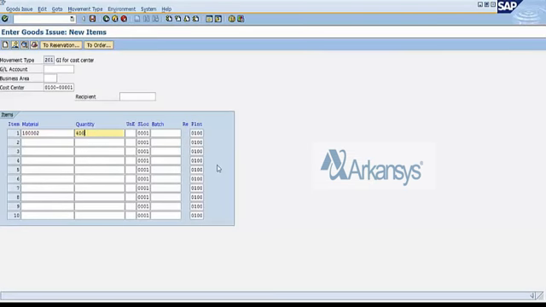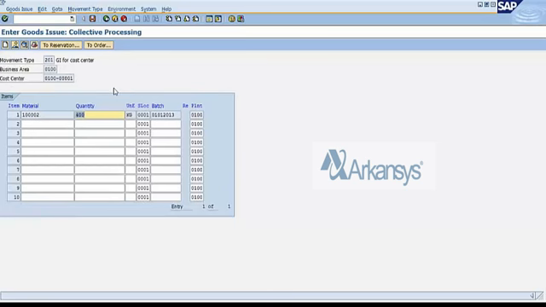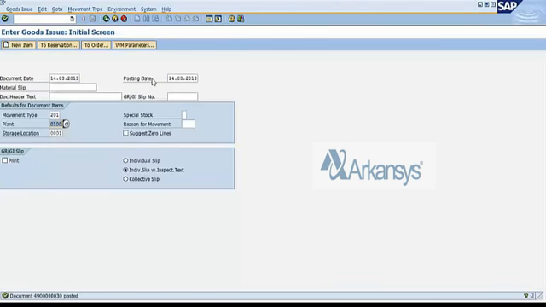So 400 batch, enter. And now we are ready to save. Okay, material document is created,